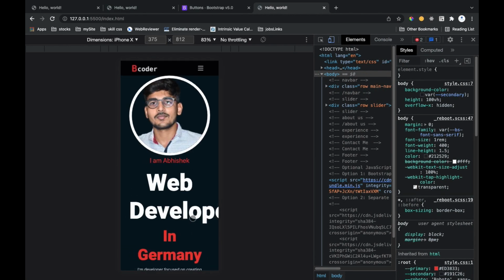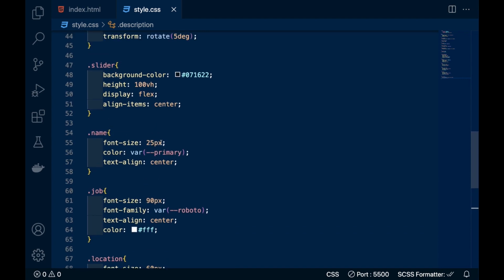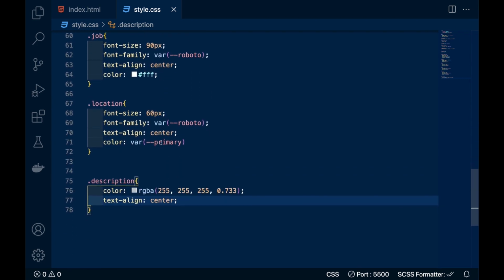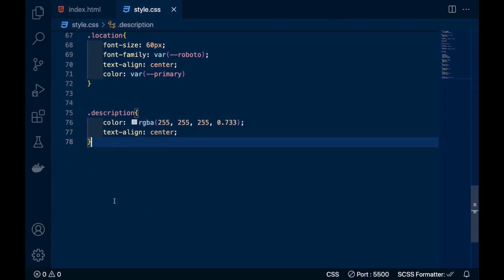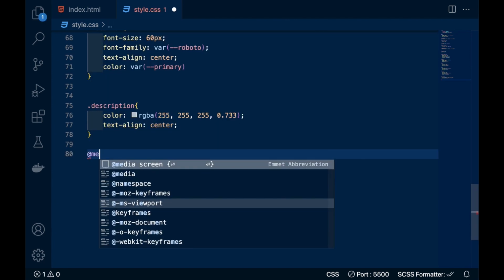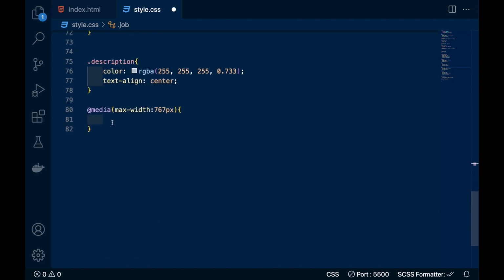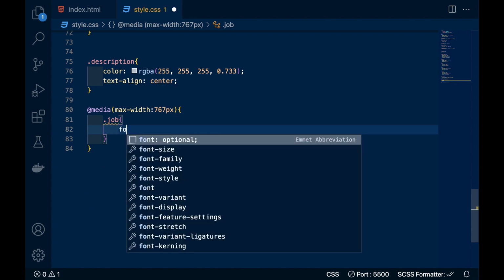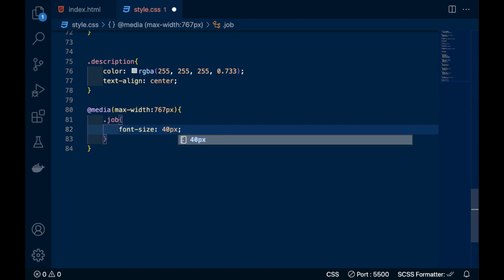And because the font size is too big for mobile view, 90 pixels is too big, we have to write a simple code in media, max-width 767 pixels, and its font size in mobile view will be like 40 pixels, and overwrite it.